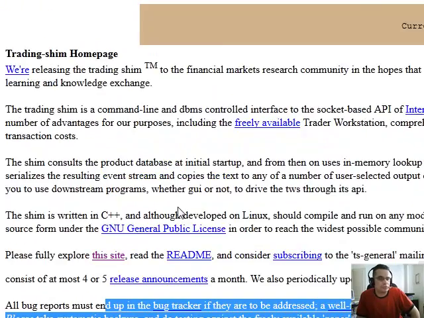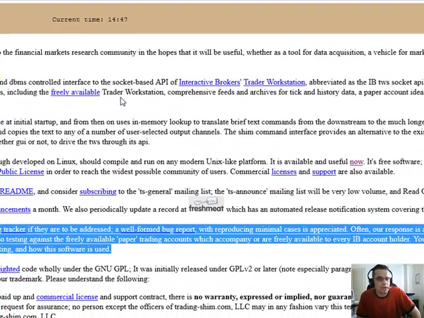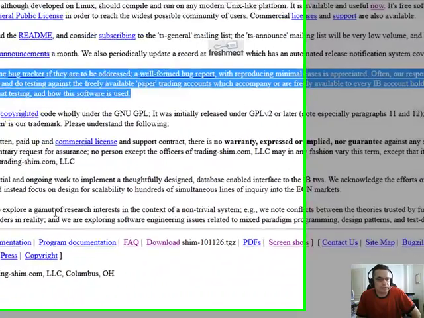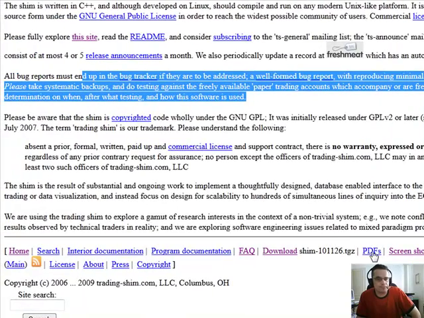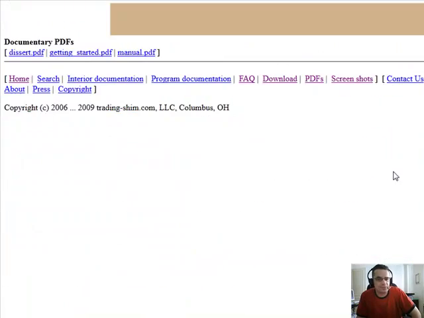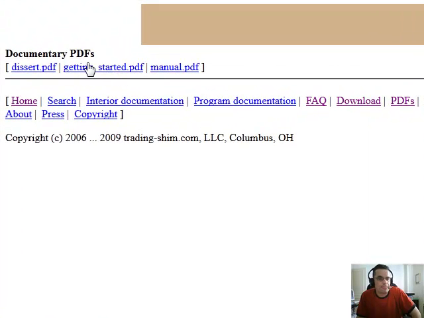I'll probably put out further videos of it and what I think of it. A few things I want people to realize when you come to the site. All your menuing is at the bottom here. The nice thing about this website is that there are some PDFs. There's a big effort been put into this Getting Started PDF. It's 180 pages.